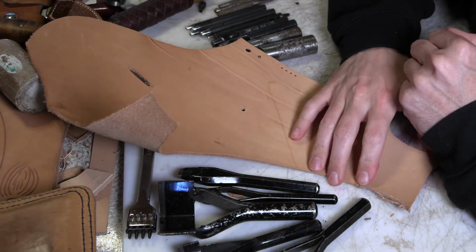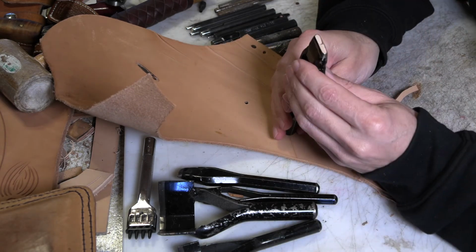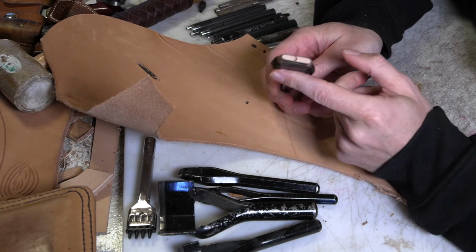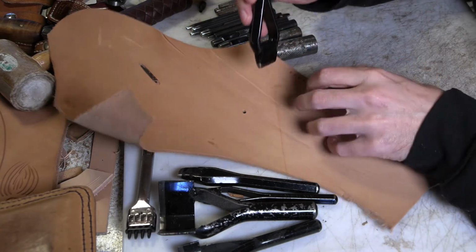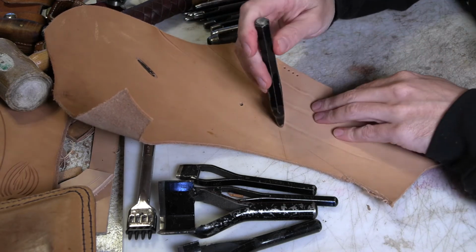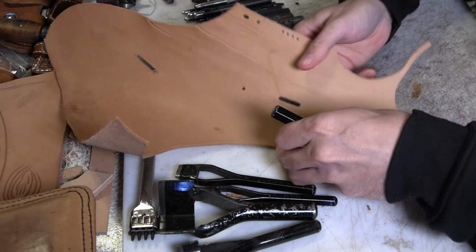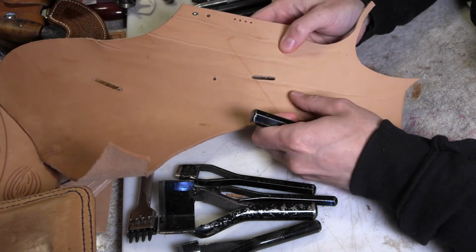Some other specialty punches, and these I do use pretty regularly, but they're not necessary for a beginner to get, are things like these oblong punches. They're sometimes called bag punches by leatherworkers. And these punch long slots for putting a strap through a piece of leather, or where you're going to put a buckle on a belt. You want a long, thin slot for the buckle tongue to go through. They take a little bit more to hit through, but they punch a nice long slot like that. Very useful tool,